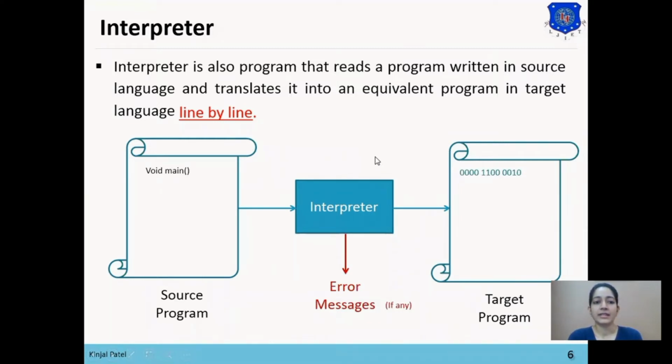Then it will scan the next line and convert it into machine language and then generate the error if there are any. So interpreter converts the code into target program line by line. So it does not require generating intermediate code before generating machine code, as it does the process line by line. So now it will scan line by line of code and convert it into machine code.